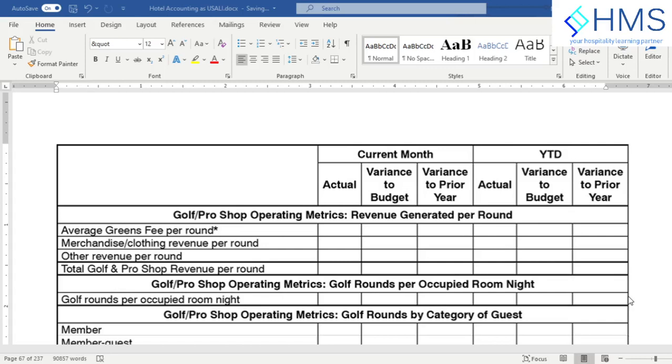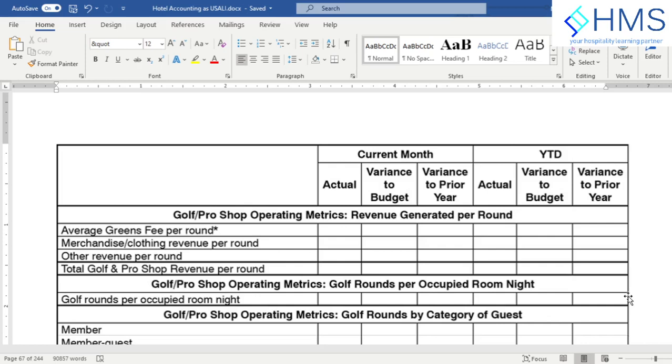Usually prescribe certain operating metrics to be monitored for the other operating departments, which we are going to discuss now. These are related to only the three main departments that we have specifically discussed: the golf course, the health club, and parking. But you may have other operating departments which are very crucial, maybe, let's say, laundry, but usually the major metrics will remain similar, such as per occupied room, per available room, per guest revenue.